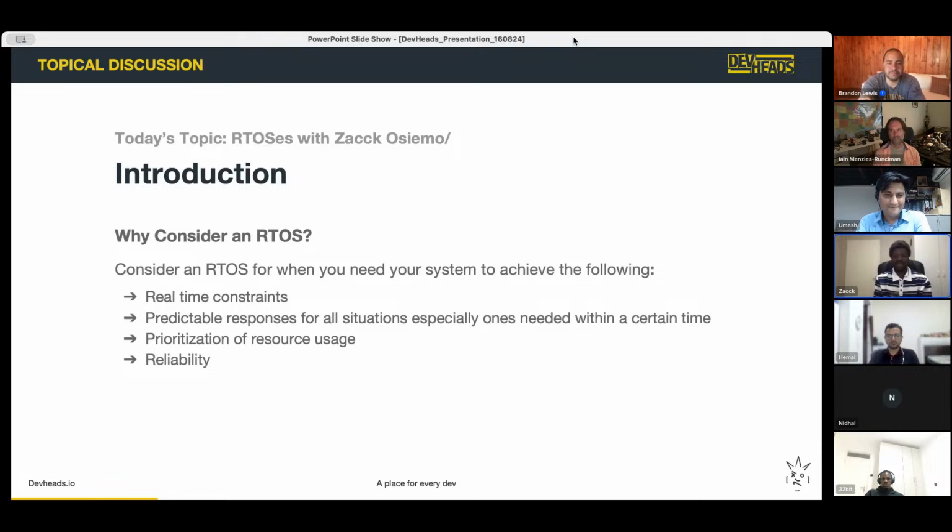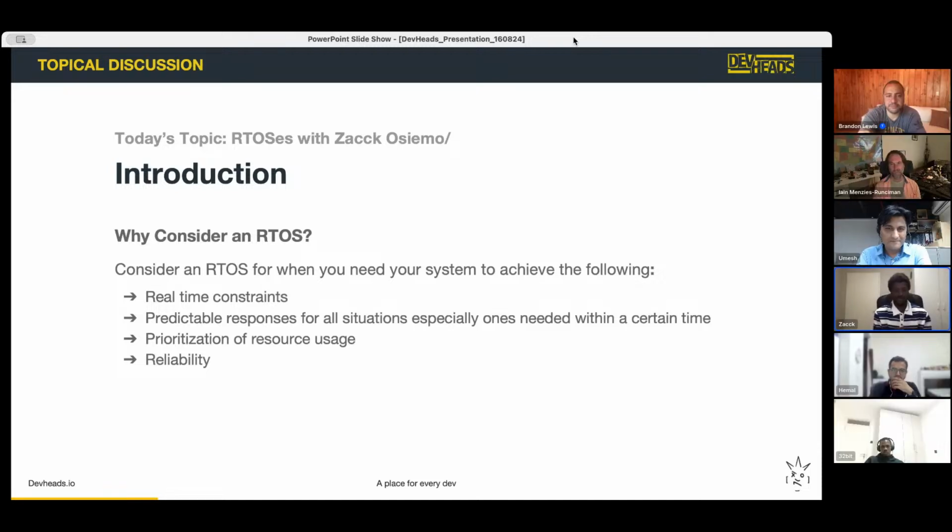I'll go through this in detail next, but you have things like real-time constraints, which means you have timing demands, like needing to wait a second or a millisecond or a certain amount of time before you do something, and it's critical that you wait that long. Then you need predictable responses, and you need to be able to say some things are more important than other things. On top of all of this, you need your system to always do the same, expected thing all the time. You don't want it to go off the rails and do something else.